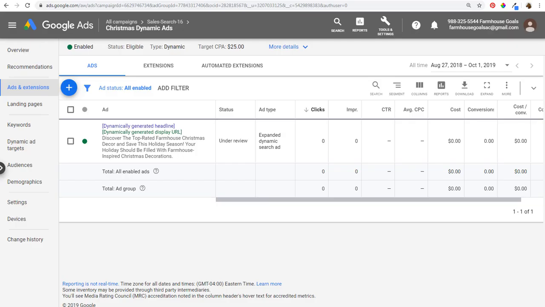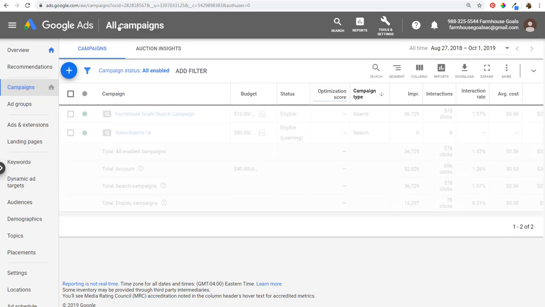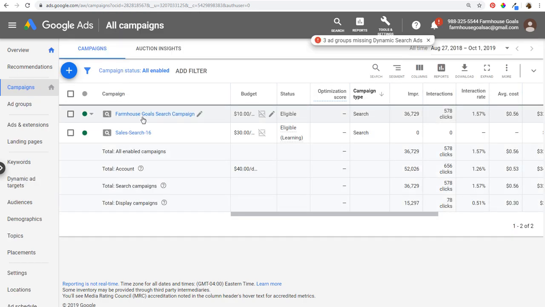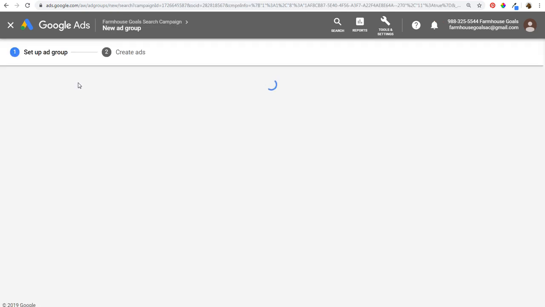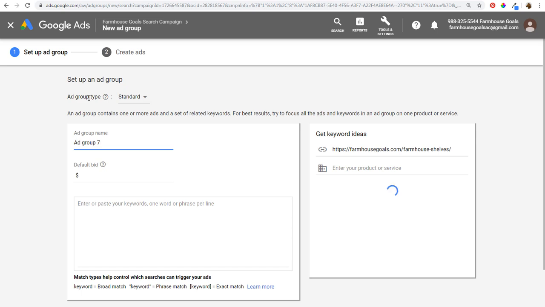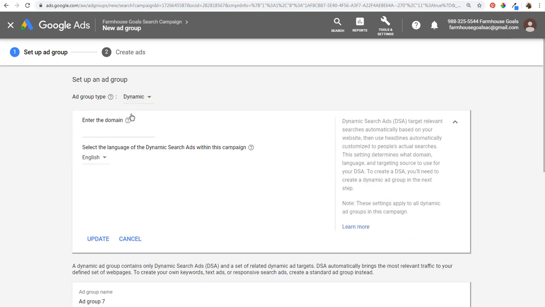If we come back over here, you're going to see our campaign. You can continue to build on top of it. Now, the other thing that you can do is if we come over here to all campaigns, you can create ad groups in a standard search campaign. So if we have our farmhouse goals search campaign here, we have some of these different ad groups. We click to create a new ad group. What we can do is use ad group type here and come here to dynamic, and then we can just enter our domain. So we're going to do